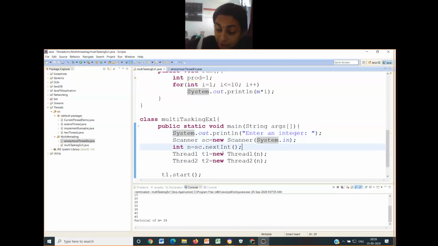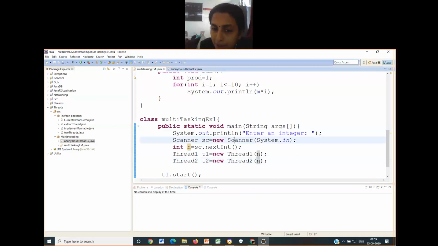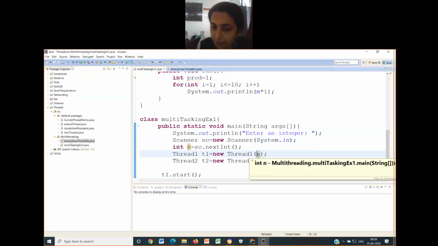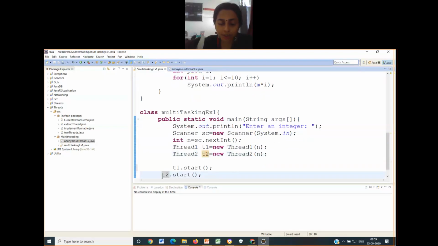Then that integer I am passing as a parameter to the thread1 as well as thread2 constructor. I have read the value of n, that is the number, and passed it to both constructors. Then there is a call for t1.start and t2.start.